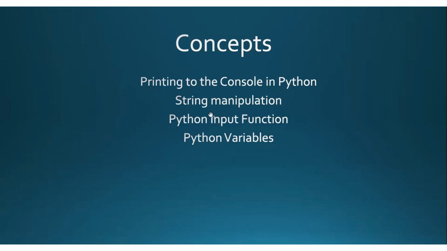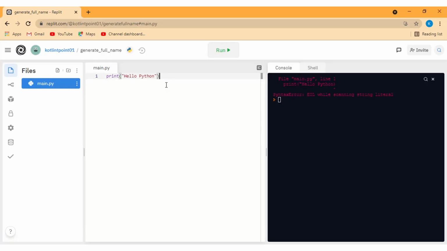Next we have string manipulation. With the print method you can see we write something inside the double inverted comma. Whatever we write inside double inverted commas is called a string. Like here I write double inverted comma ABCD, that is a sequence of characters. So a simple definition of a string is that it is a sequence of characters, and we can have any number of characters between the double inverted commas.